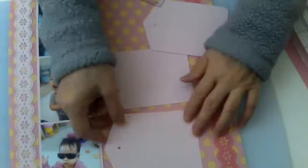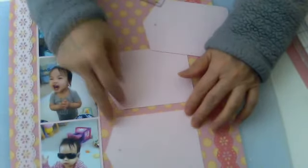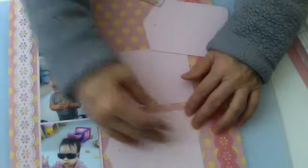Okay, you can make the tags smaller, or you can even stick them down. But the downside in scrapbooking is, if you stick it down, when you put it in the page, you will always have to go inside to move it. But if it's an album where you can reach it, then you can stick it down, okay? So my plan is to place these 3 here, and then what I do is I'll take another sheet